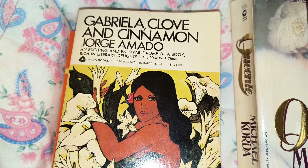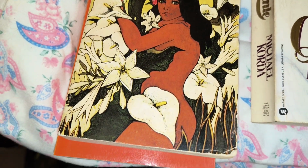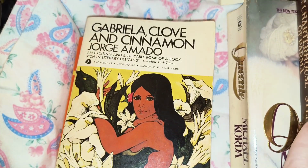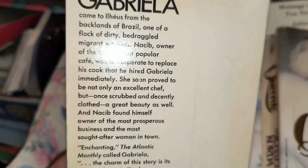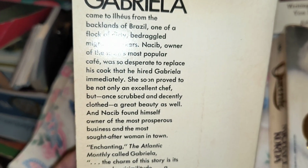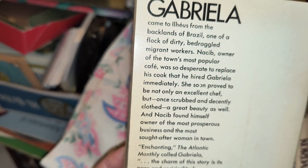Now, this is Gabriella, Clove, and Cinnamon by George Armando. Interesting artwork on the cover. I read this so long ago. So here's what we've got on the back. No, I'm sorry, my light is in the way. Okay, so this is,